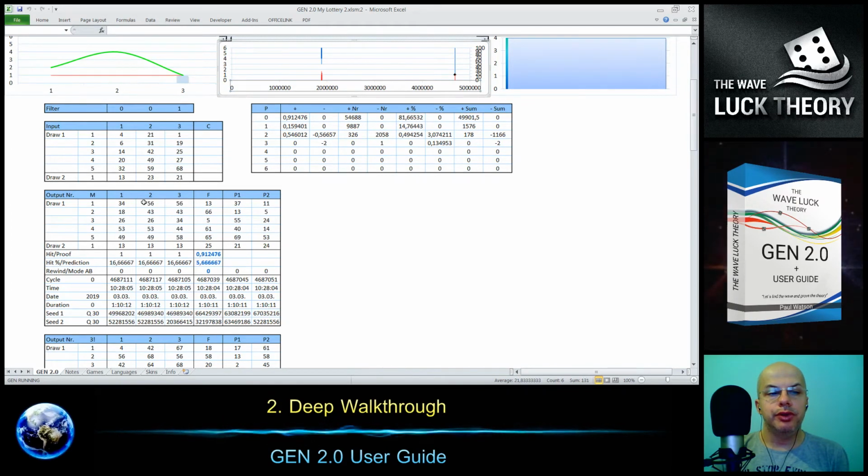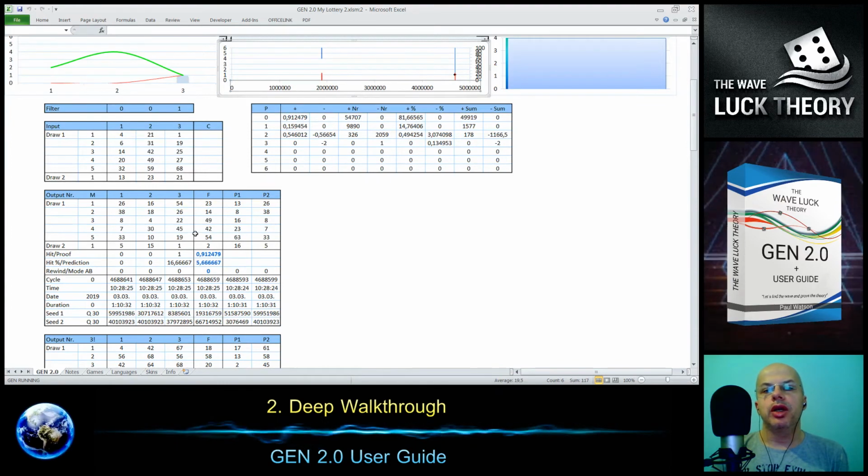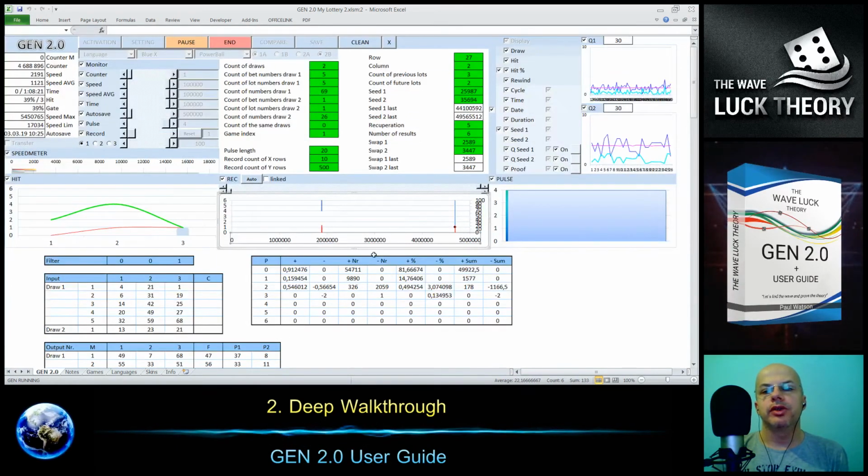Yeah, you see the 52 was jumping here. 41. If you focus on one number, you see how it's moving. It means that the numbers are moved and new ones are generated here, and it's always moved and generated here. So it's how the recuperation works, and we are able to check all possible combinations. So I think that's enough for the recuperation at this moment.